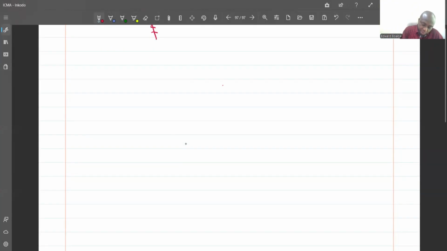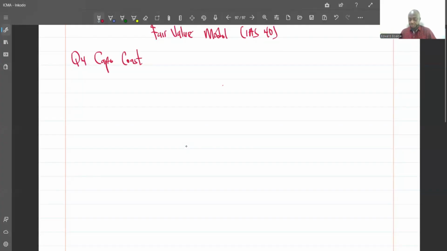So we are dealing with a fair value model under IAS 40. So question 4, and question 4, which city? Because my question is about cities. So this is Cape Coast. Cape Coast. So now the purchase price